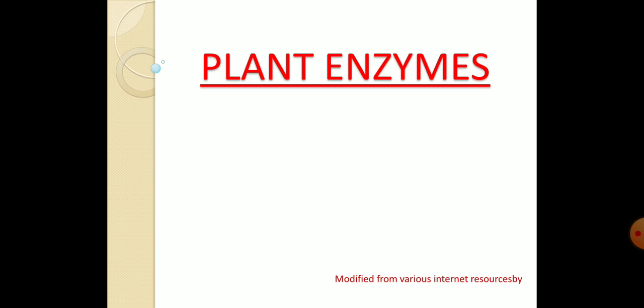In the previous classes of plant physiology, we studied different aspects of physiology, such as transportation, transpiration, ascent of sap, guttation, plant water relationship, and plant mineral nutrition. So this is the continuation of that part, that is plant enzymes. This is a concept of plant physiology in which you will study the different types of enzymes and their enzyme activity and the